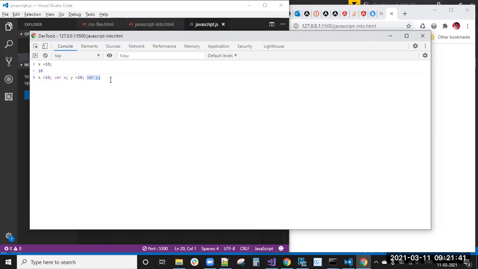This is also an important interview question. They will ask you, what is meant by variable hoisting in JavaScript? So variable hoisting in JavaScript means the JavaScript engine or compiler will first fetch all the variable declarations and move them to the top of the JavaScript program.